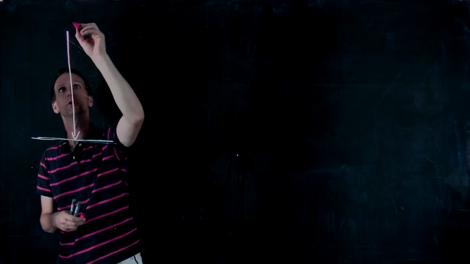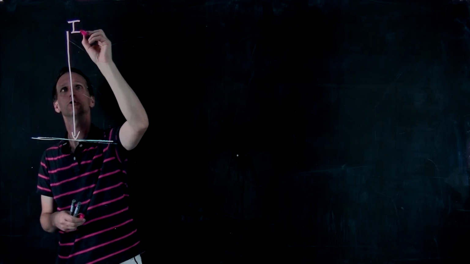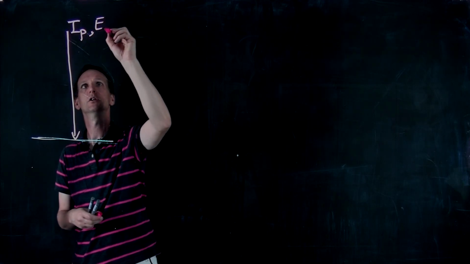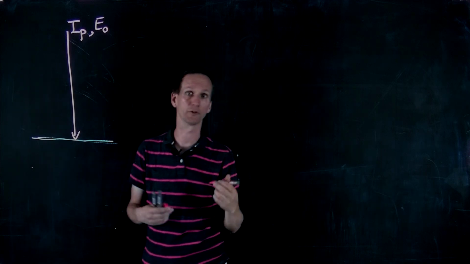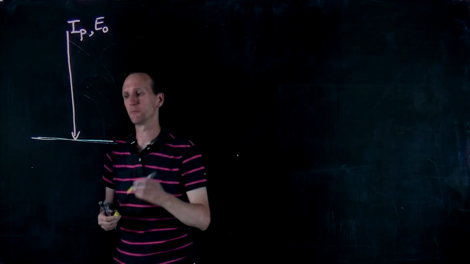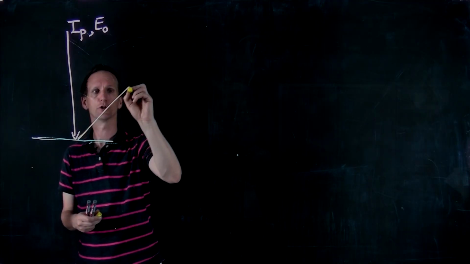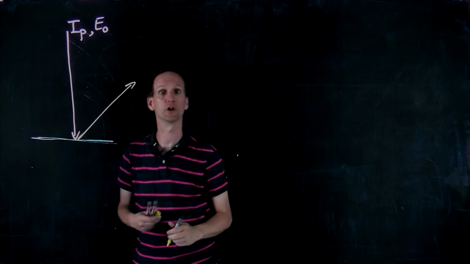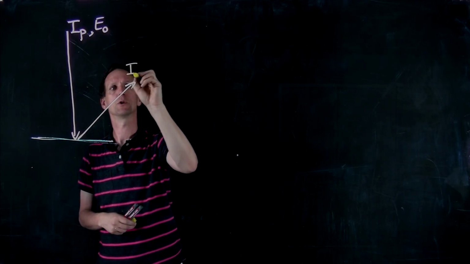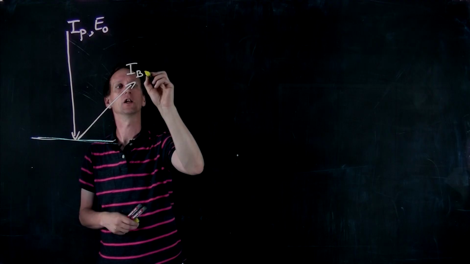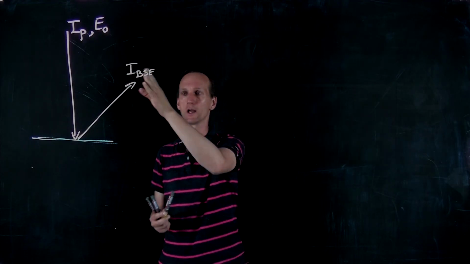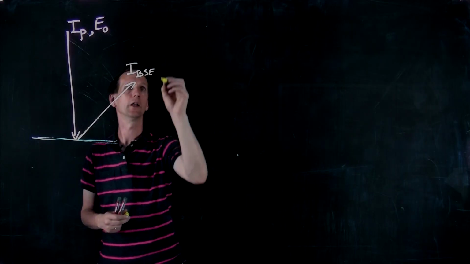So this is the primary beam. It has a current I, so the number of electrons per second, and a specific energy, E0, the energy of the incoming electrons. Now in the sample, electrons may escape from the sample. So this may be the backscattered electrons, for instance, and it will also be a certain amount of electrons per second. So we have an affiliated current, which we call the backscatter electron current, I_BSE,